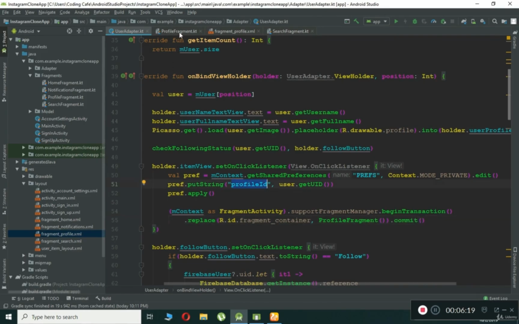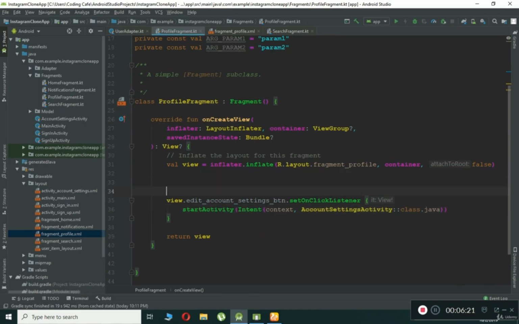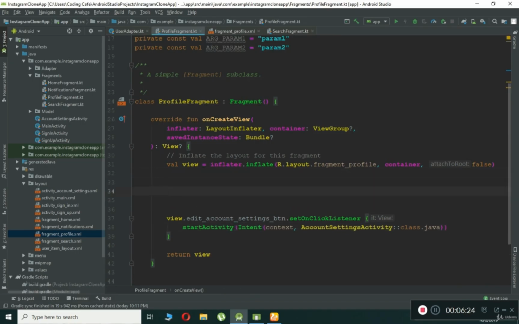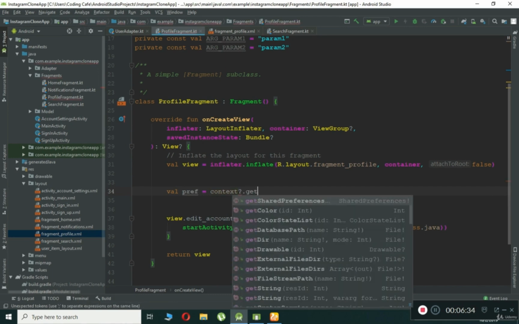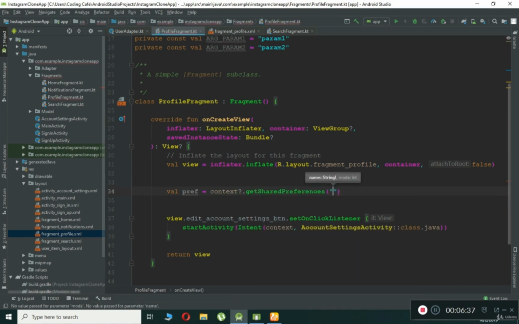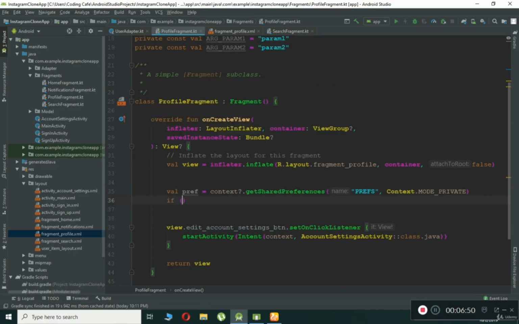So here on our profile fragment, we can just quickly say pref equals context.getSharedPreferences("PREFS", Context.MODE_PRIVATE). If the reference is not equal to null,